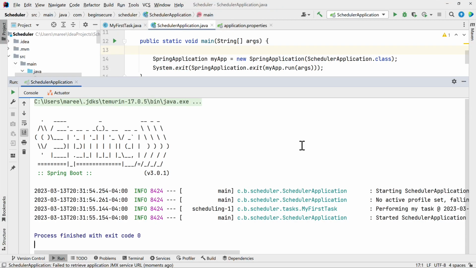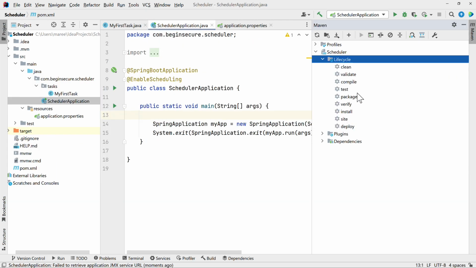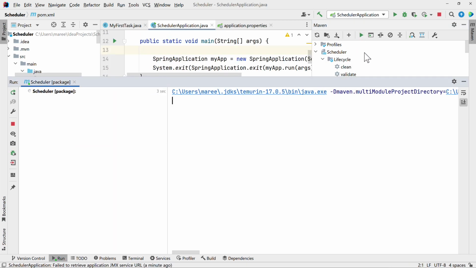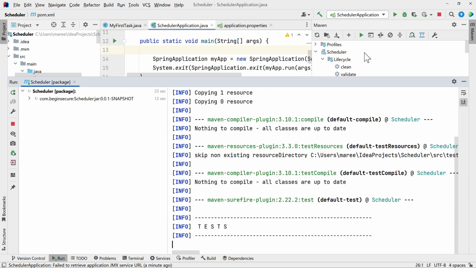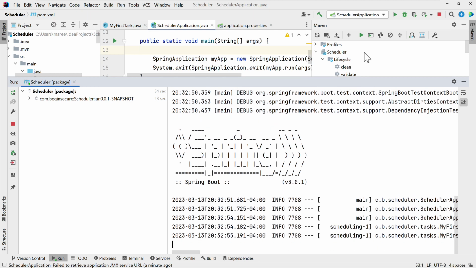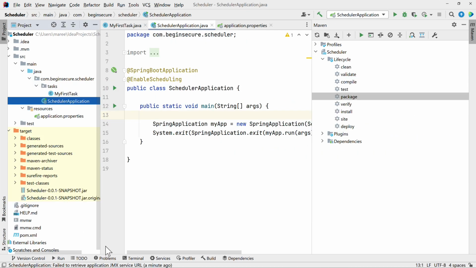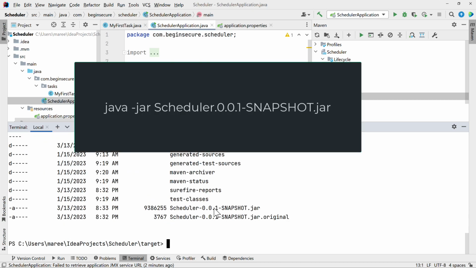Now, let's see how we can turn off the banner from the command line. To do that, we'll need to package our application as a jar so we can run it independently of the IDE. This is a Maven project, so let's open up the Maven panel and select Package to create our runnable jar. If you happen to prefer or are forced to use Gradle, the steps here will be slightly different, but the result, an executable jar, will be the same. When the task is done, if we open the target folder over in the project panel, we see our jar was created. Now let's open a new terminal window in IntelliJ and cd into the target folder and run dir to see our newly created jar.